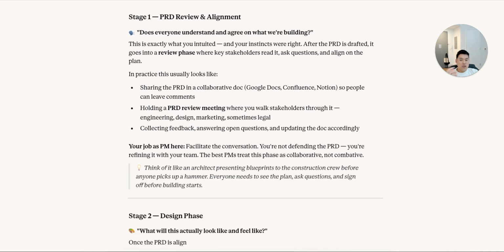Okay, so stage one is getting PRD review and alignment. Does everybody understand and agree on what it is that we're building? Does exactly what you intuited, and your instincts were right. After the PRD is drafted, it goes into a review phase where the stakeholders read it, ask questions, and get alignment